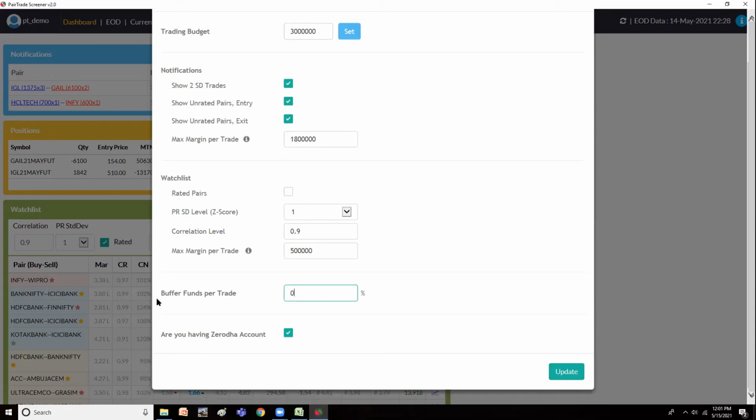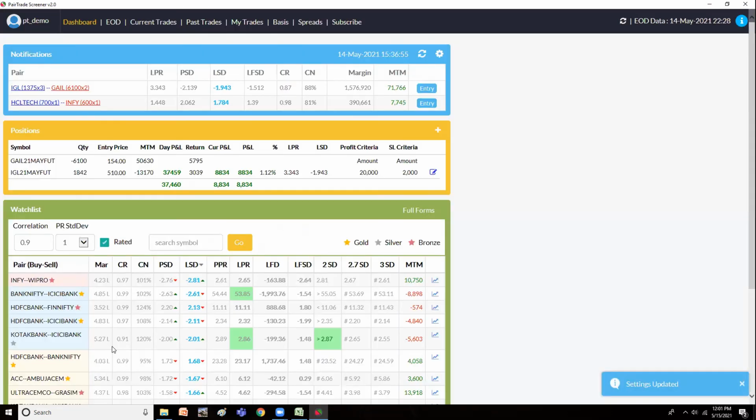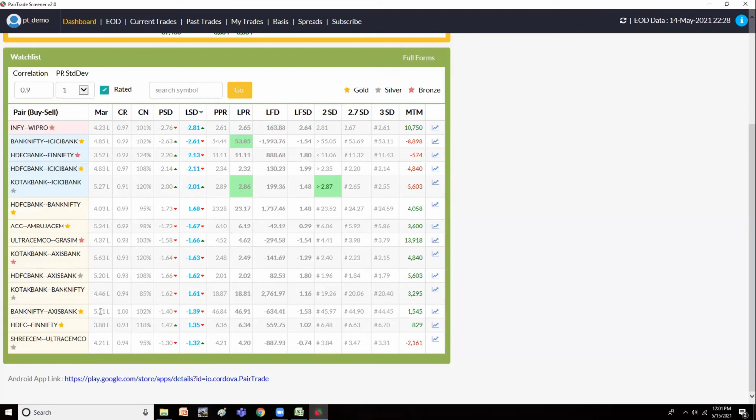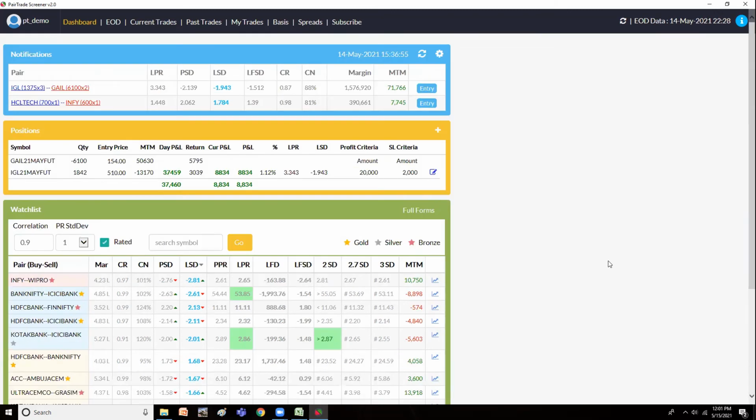Similarly, you may want to add buffer funds for margin, because we use certain buffer funds. So I want to add, then only it should give. So I'll say I will add 25%. Say update. If you see here, if you add 25%, some of them are crossing the 5 lakhs limit here. So it will calculate on the original margin, then the buffer is added here. So the original margin is 3.38 and the buffer margin is 84,000 you need to have. So those are the settings.